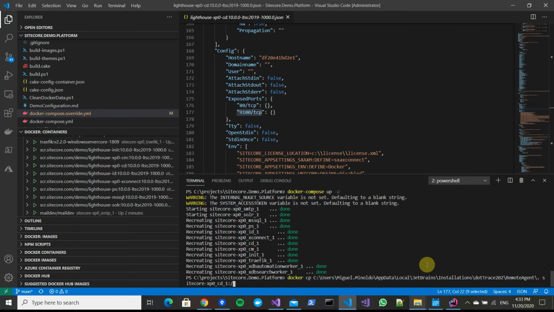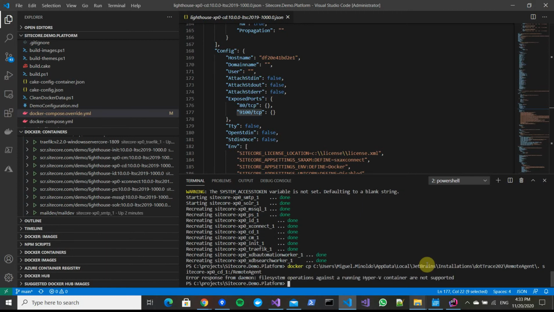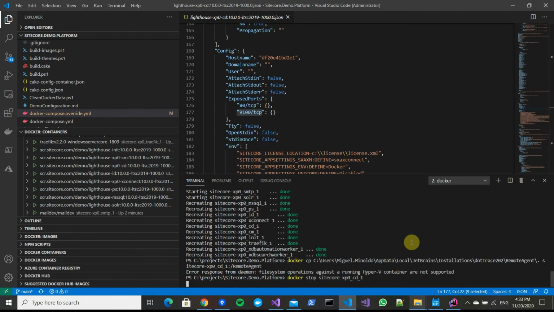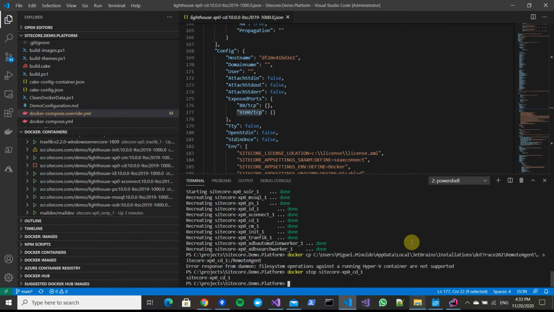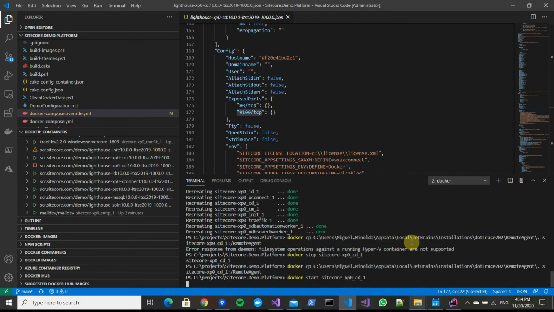Yes. And then remote agent. Okay, if you get this exception, it means you need to stop the container. So let's do that with the container name. Cool, so now we can try to copy again, and now it works. So now we can start the container,